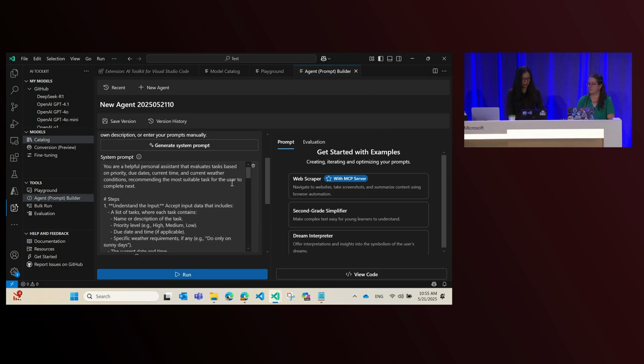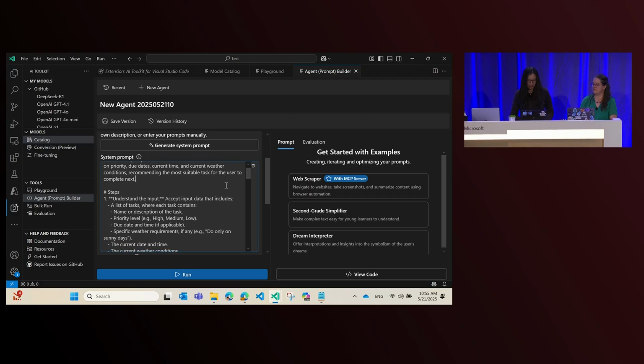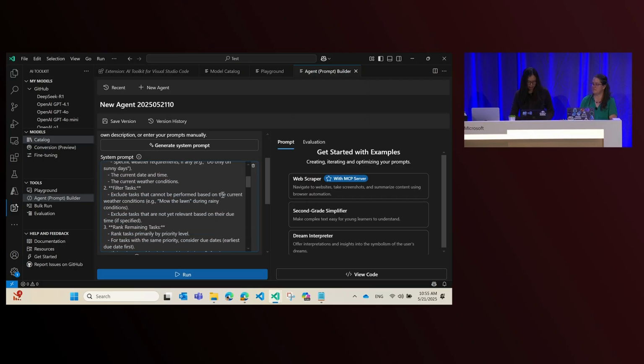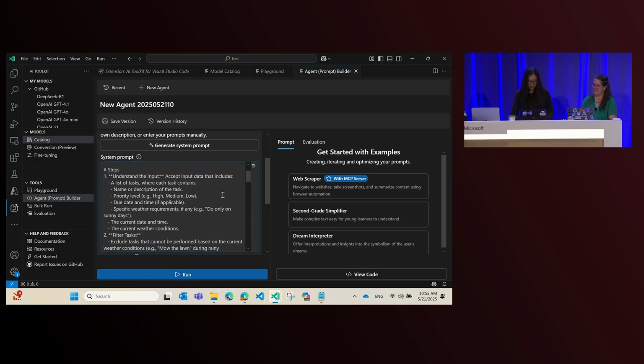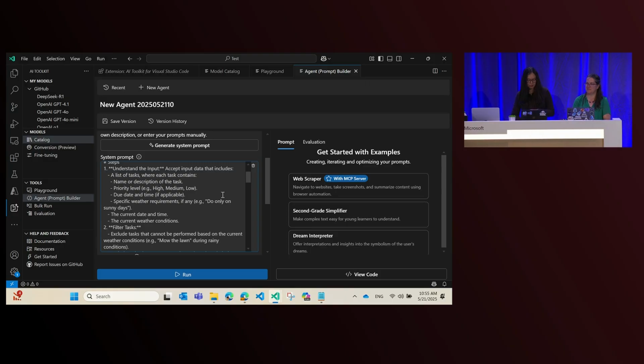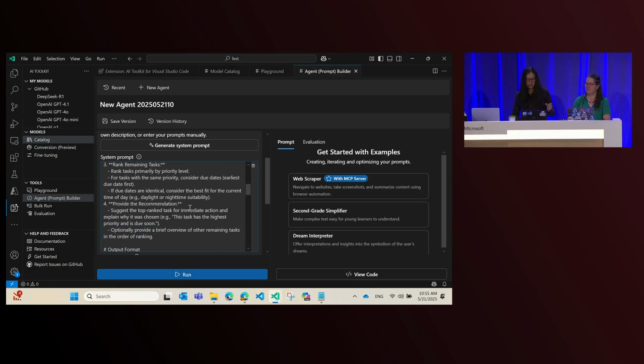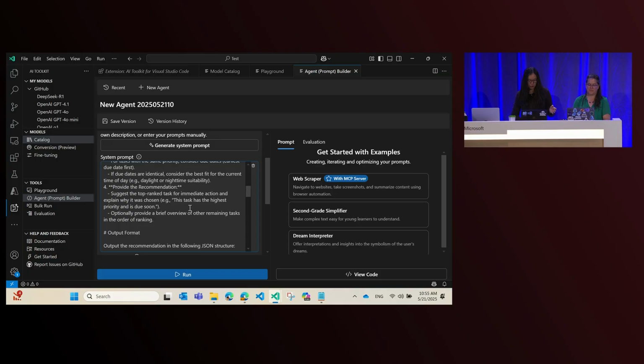All right, our system prompt is here. So the AI took my little prompt and turned that into a very comprehensive version with detailed steps to teach the model to think through: look at the input and filter tasks, rank the tasks, and provide recommendations based on weather and time.